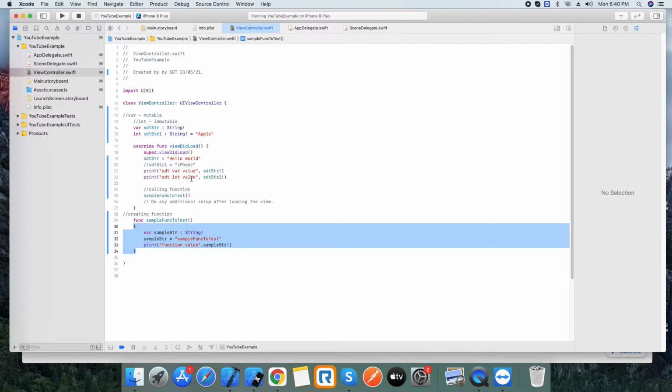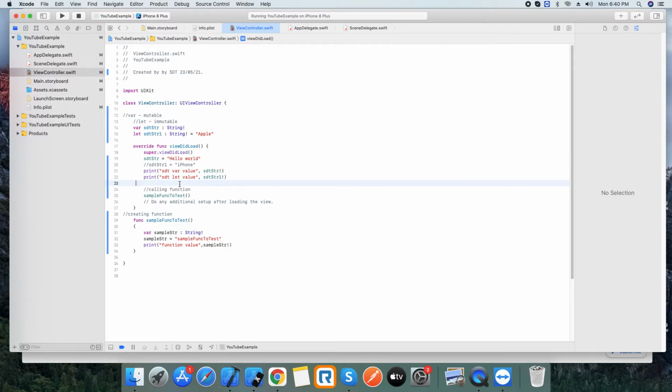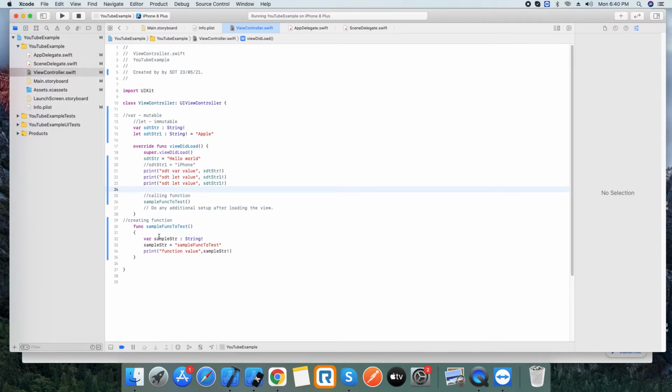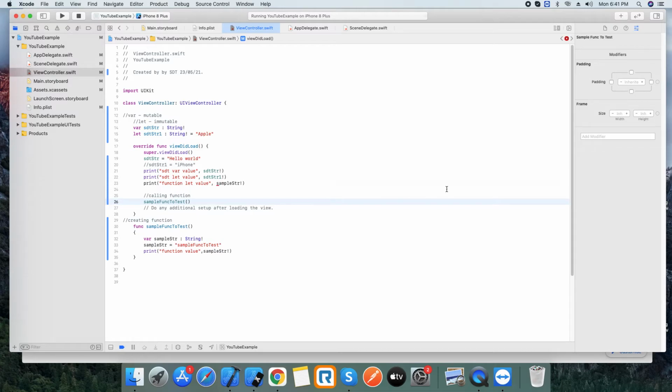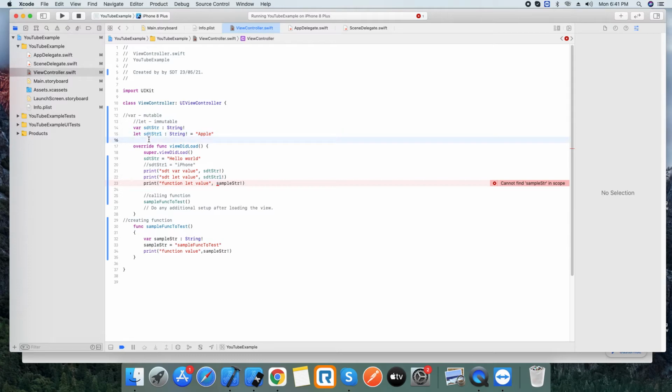For example, let me try to access that. Sample str, right? Xcode will throw an error: cannot find sample str in scope, because we didn't declare that sample str globally; we declared it inside the function.